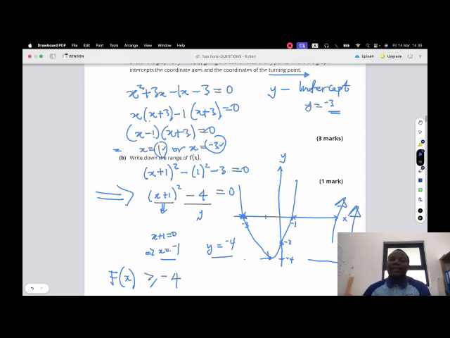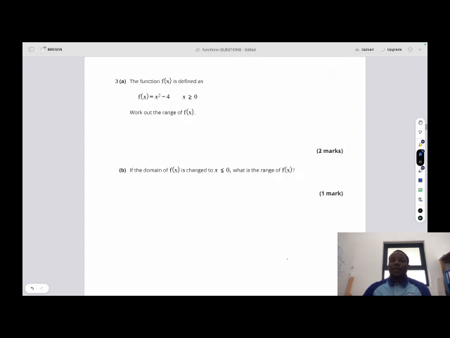So let's look at some other questions and see what we are going to have. Okay, so we've got this second question here, where they say the function f of x is defined as that, work out the range. Now in this case they just want the range. They've told us that the domain is everything from 0 going up. So we are now restricted here, meaning the input values start from 0, 1, and so on and so forth,